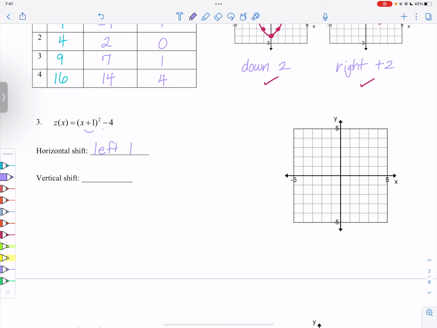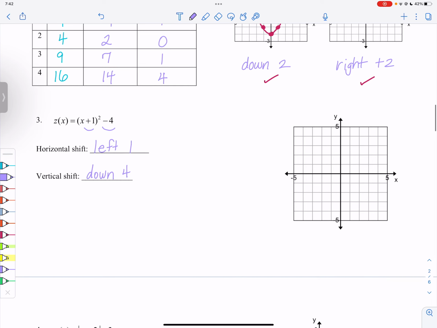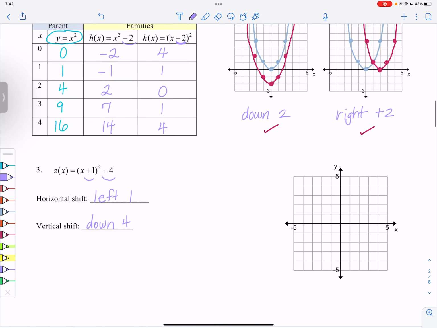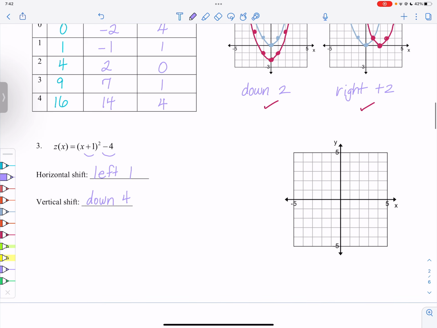And then since this -4 is on the outside, we're going to be going down 4. So what we could do is write a few of these points from that original graph and then make those shifts. So the parent function